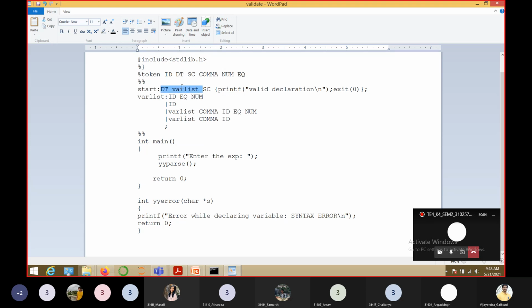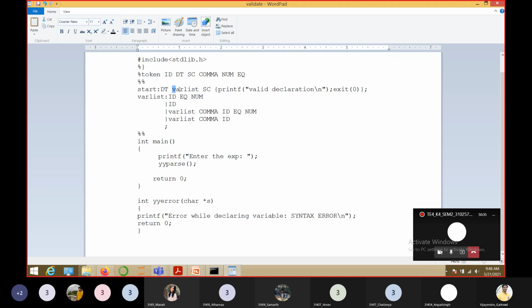If this rule is followed by the expression the user entered, then what action are we going to take for this rule? We are going to print valid declaration and terminate our program. So it will be a data type, the variable name, followed by a semicolon.